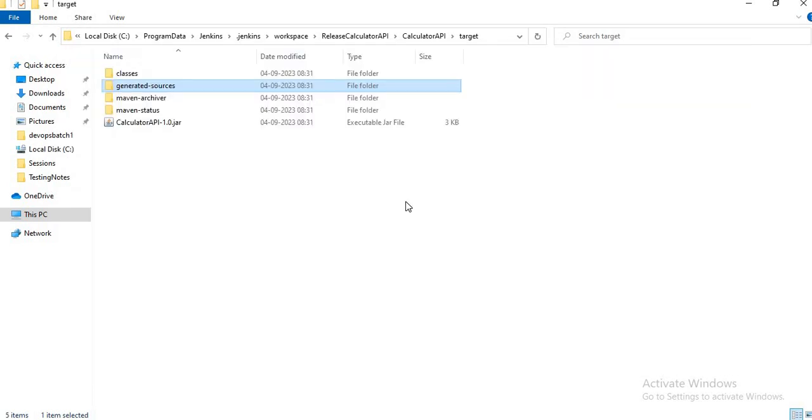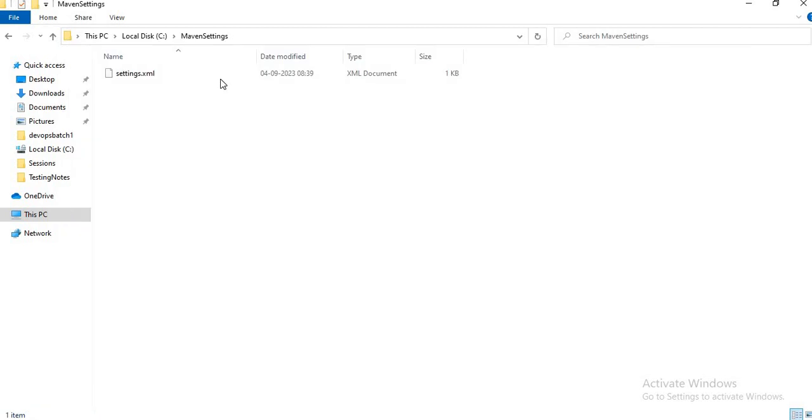Okay, now this is the settings XML we have.